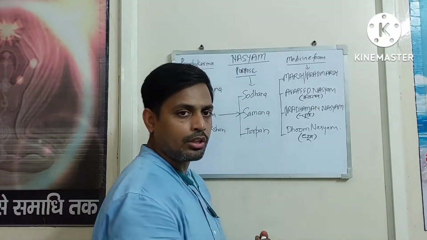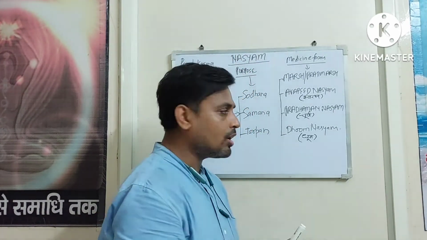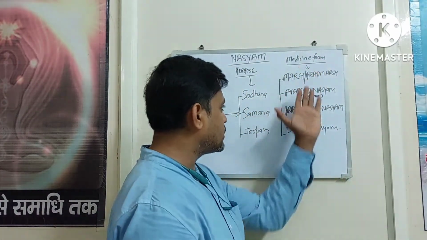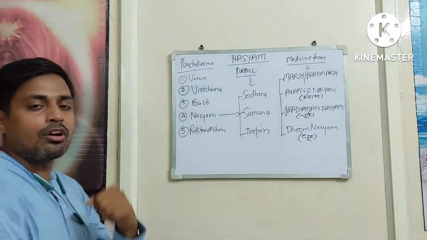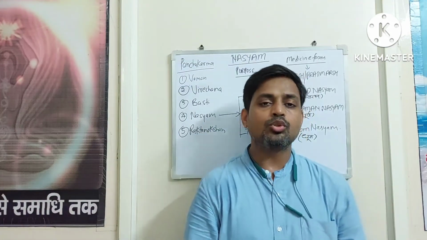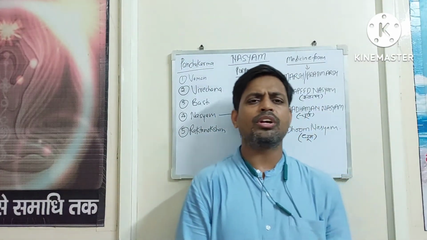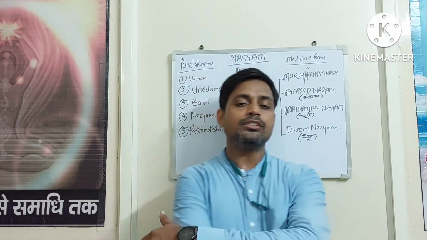The third variety is Churna Nasyam, just putting that superfine powder while the patient is inhaling. Inhaling through the nose a dry powder is called Pradhamana Nasyam. The fourth variety is Dhuma. So these are the four varieties of medicine forms. The purpose is clear: shodhana, shamana, tarpana, and this is one among the Panchakarma. So many indications are explained in the Ayurveda texts for Nasyam.